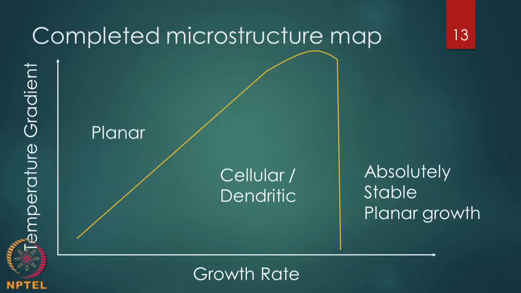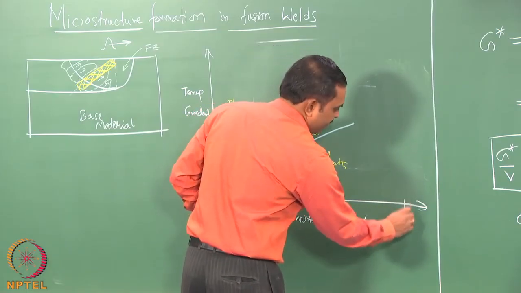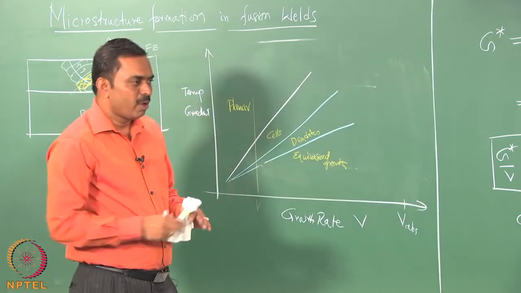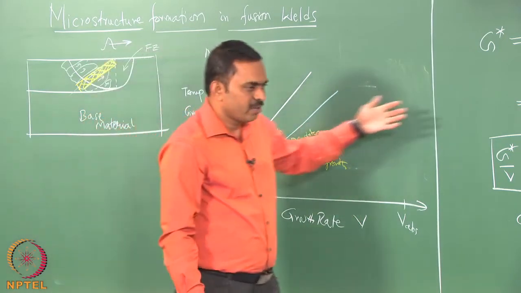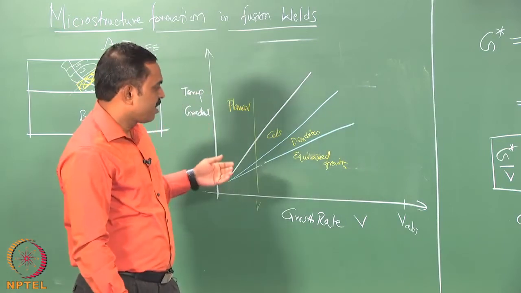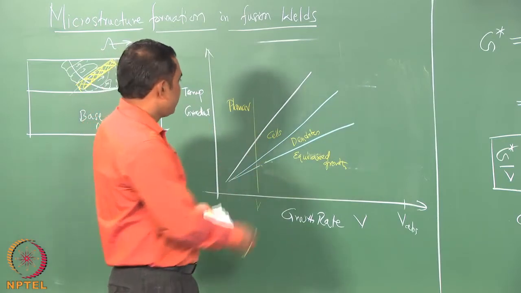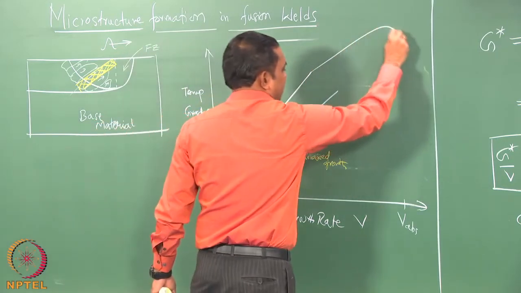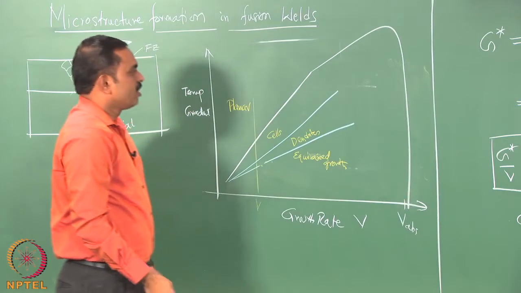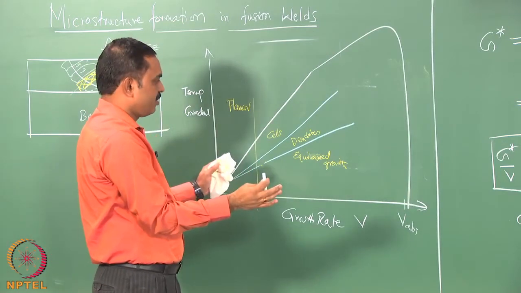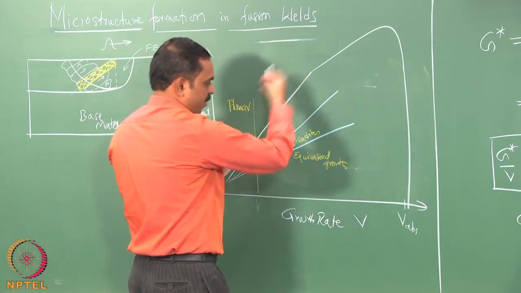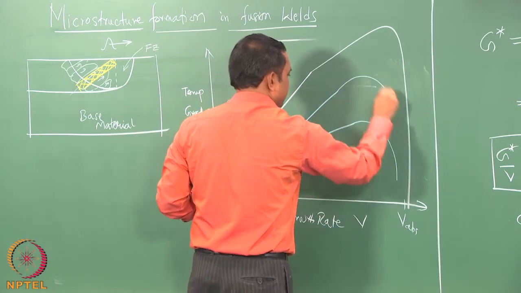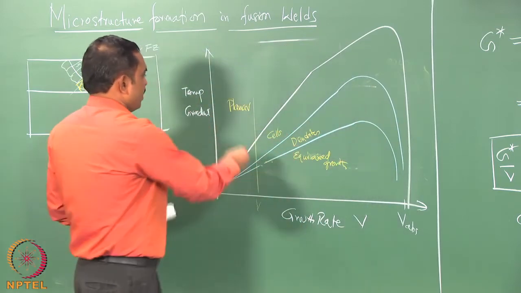So, what is going to happen is that there will be a velocity at a very high value, beyond which no longer you would have the possibility of any pattern formation, namely it will be having absolute stability of the front, which means that this line cannot go on up to infinity, but then it will have to take a turn and come vertically down, showing you that all the morphologies that we talked about are going to be only in this domain, and this is going to be also true for all other situations that we have discussed, which means that at any